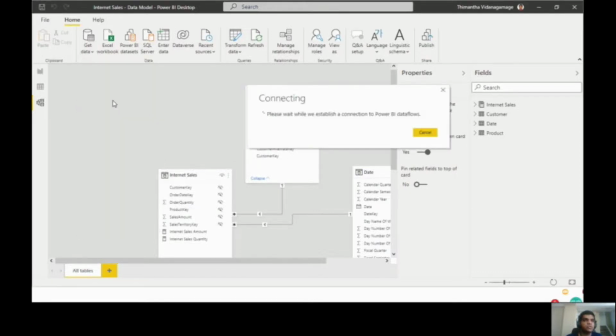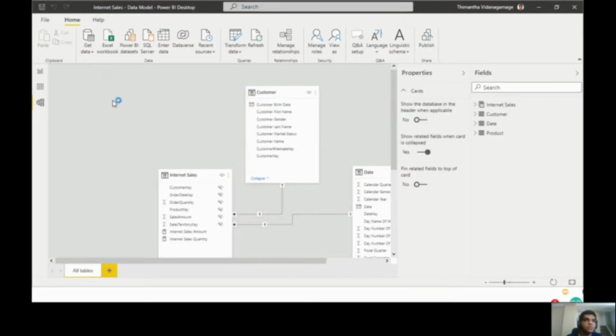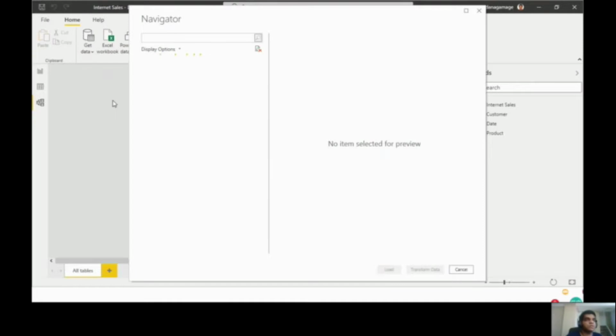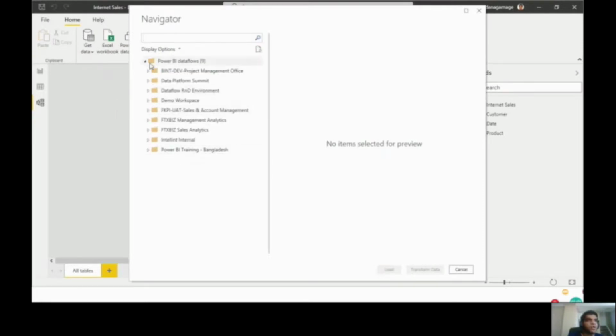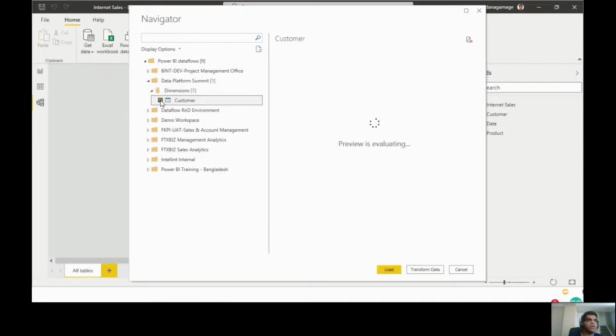You should be led into a page where you can see all the workspaces that have dataflows in them. The next thing you want to do is navigate to the respective workspace, which is Data Platform Summit for me. Inside the Data Platform Summit workspace, you can see a dataflow called Dimensions, and inside that, you should be able to see the output table called Customer. Just click on that output table, and notice that there are no records in it